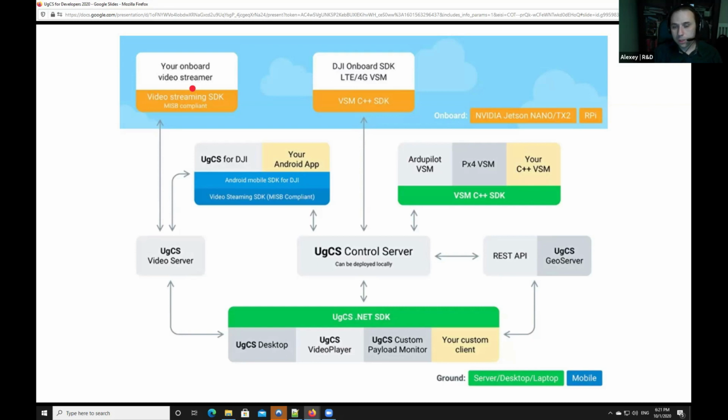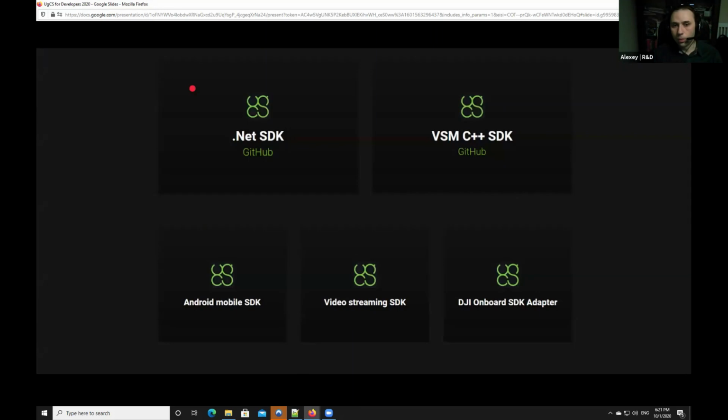Okay, this is a high-level architecture of our software. Let's go directly to one more slide about